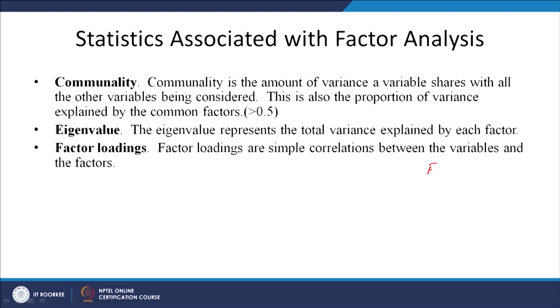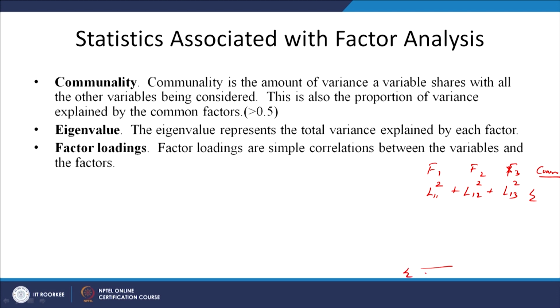Now, let us say these are the factors F1, F2, F3, right. So, the loadings, let us say, are L11, L12, L13, right. These are my variables on this side, and what I do is I take the square of these, the sum of the squares of these, and this summated value is what is called my communality, right. So, this is my communality, and when I take the summation across the variables, on the vertical.